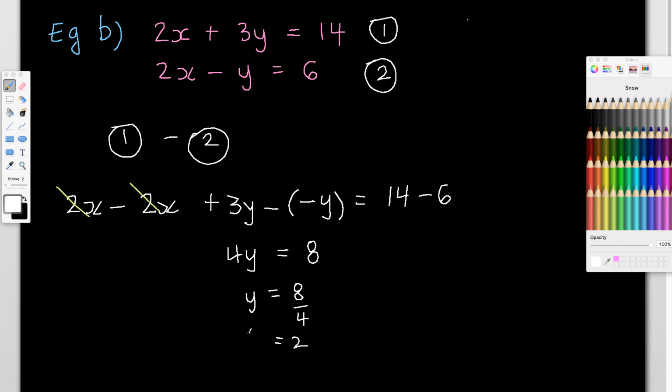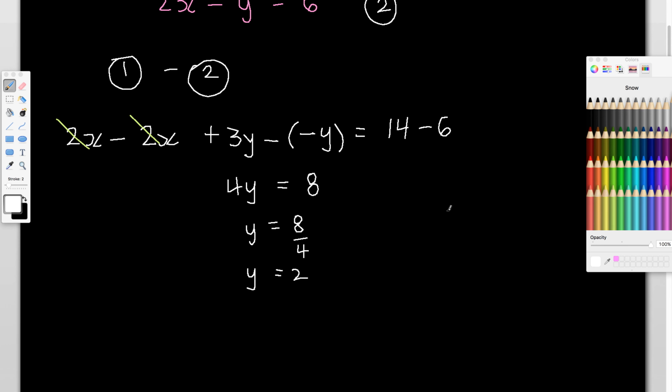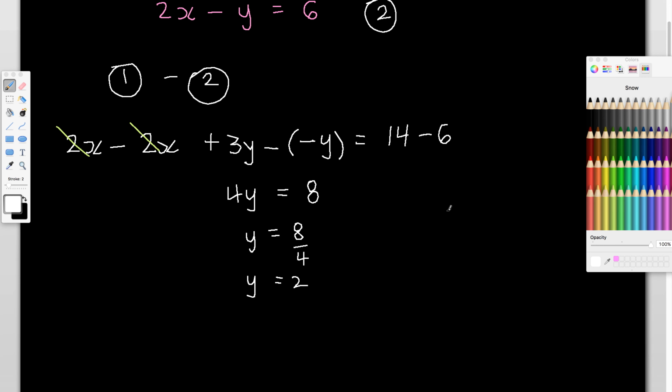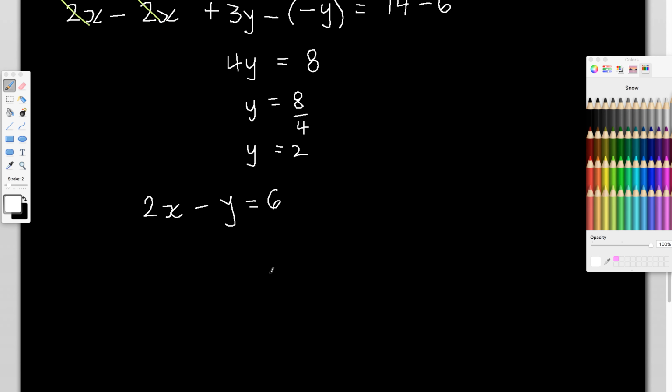So I've got my y value of the coordinate that I'm looking for. I will then find x. Now, to find x, you can use either of these two equations. I'm just going to use the 2x minus y, because again, just like the look of those numbers. And I'll substitute my y value into there. So my y value that I got was 2, so I'm going to have